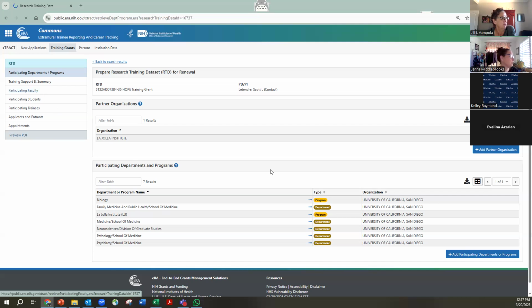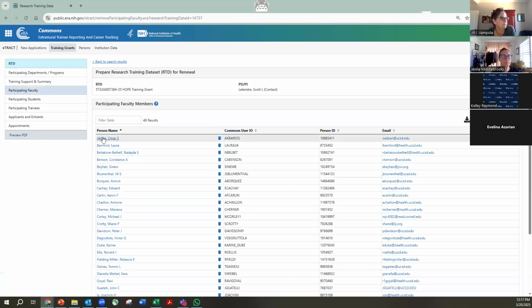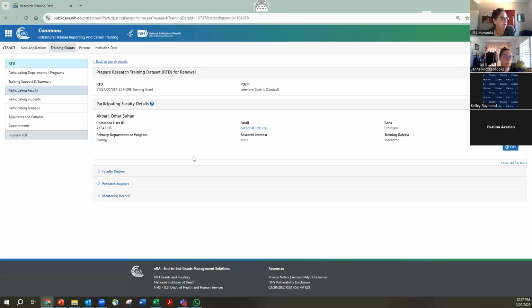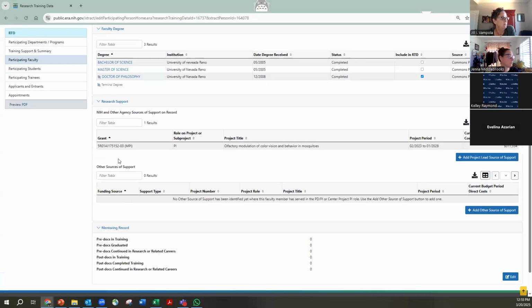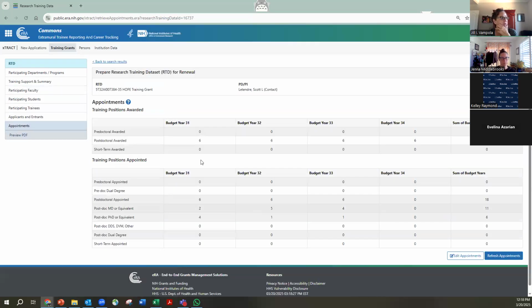And then for tables 2, this is their records. This will fill out Table 2, and the other source of support, Table 4, what we're talking about today, populates your Table 4. Mentoring records populate Table 2. So it's not exactly linear, not putting it directly into the table. You're putting it into a record, and then it's going to create that. And then your appointments for your Table 7,